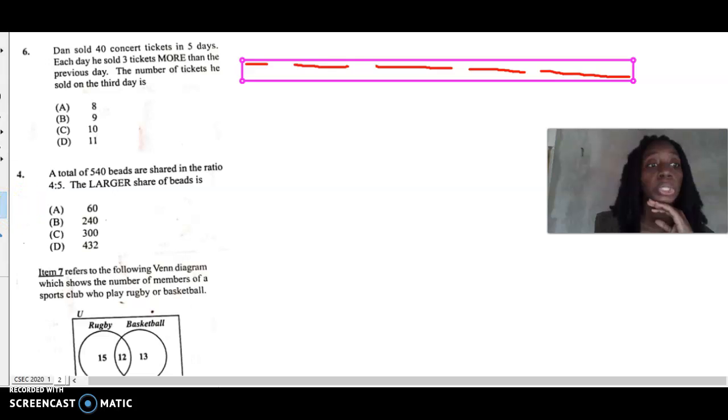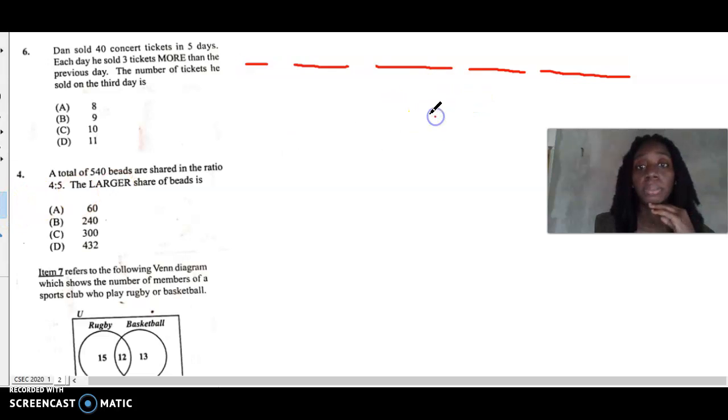So moving right along. Now, as I said, how much did he sell on the first day? We don't know. So as a result of that, I'm going to call this X. So X will represent the amount that he sold on the first day. On the second day, he would have sold 3 more than the first day. So this can be represented as X plus 3 to indicate that on day 2 he sold 3 more than